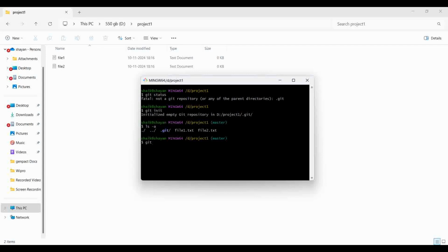And afterwards, you need to configure git config --global user.name, and you need to give your username of the GitHub, and you need to give your email address of your GitHub. Once it is done,